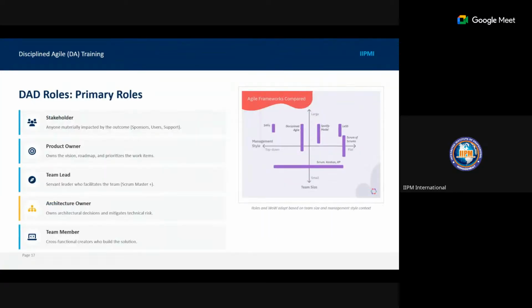And then when you move on, you have your Disciplined Agile Delivery roles. The primary roles in Scrum. Who can remember this?